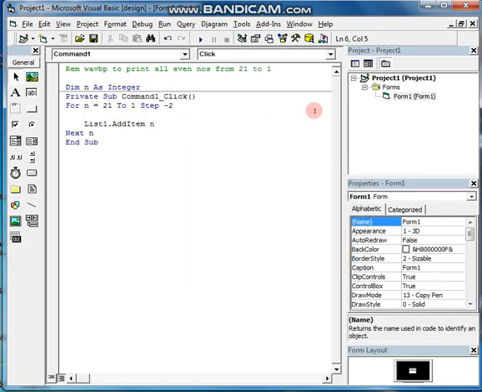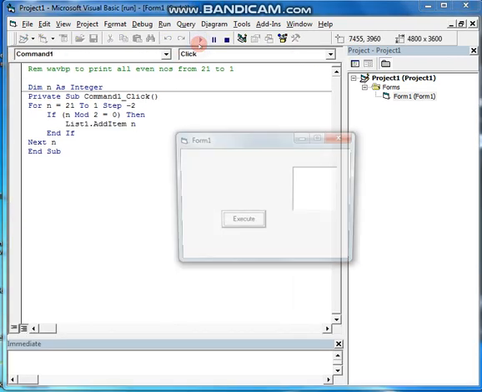So in this case, what can we do, as we have to start with 21 and the question says you need to start from 21. So how can we use an if condition? We can check whether the number is divisible by 2 or not, as we learned about if in previous videos. So here I specify if the variable n is divisible by 2, that is remainder is 0, then only it will be added to the list box. Otherwise it won't be added to the list box. Now let's run and check.